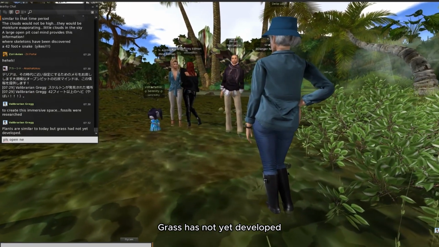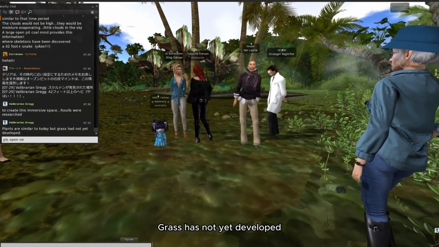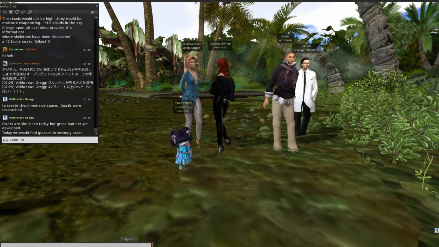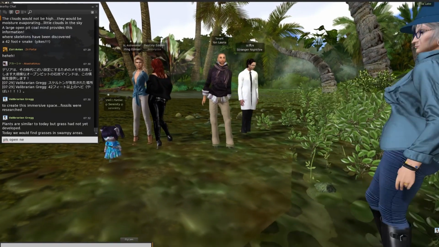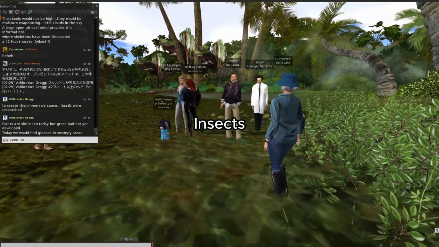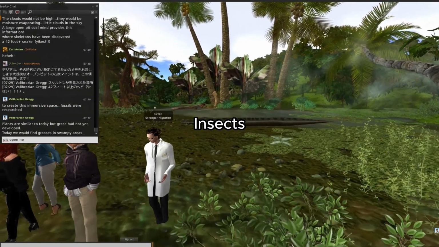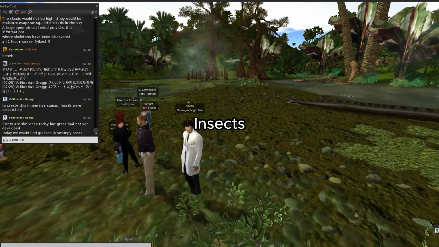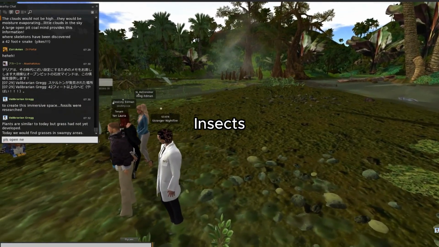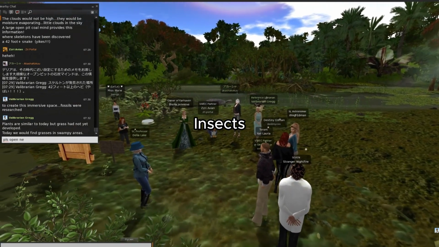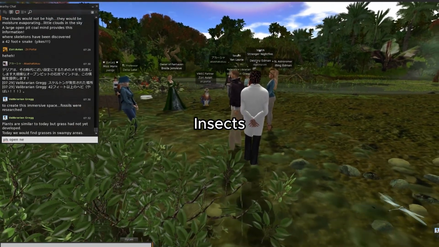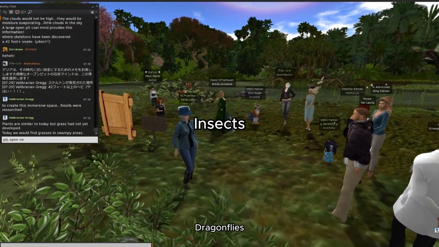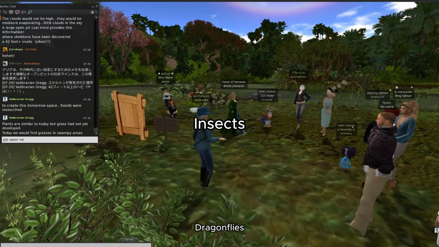The other thing that is critical to developing this kind of a place is the insects. You don't find insects in fossils in most cases. In places that had amber, you'll find some insect fossils. But in general, in a swamp area, you don't find insects. But we do know that there were dragonflies in this period, in a location where dragonflies would live. So there are dragonflies here.